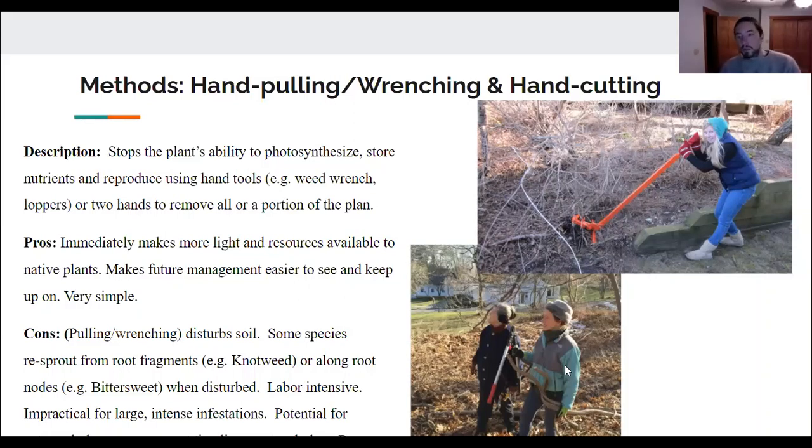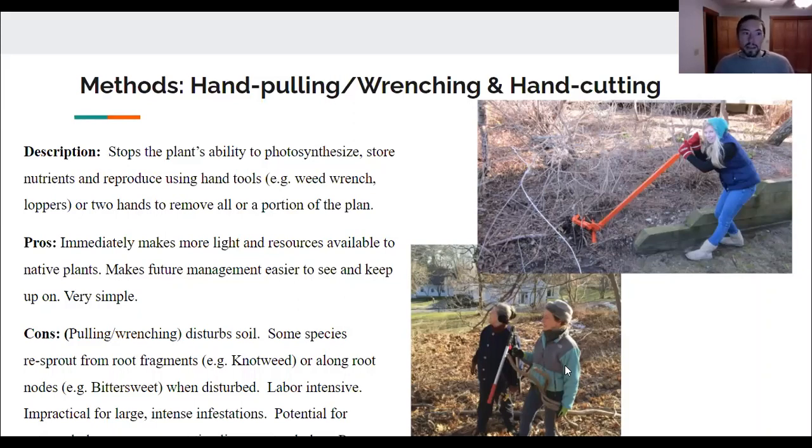And using those tools, including your hands, to remove part of the plant, or ideally as much of the plant as you can, including the above ground and below ground mass. Obviously with the loppers, you're probably just removing the above ground portion of the plant. And some pros for this method, or for these methods: it immediately makes more light and resources available to neighboring